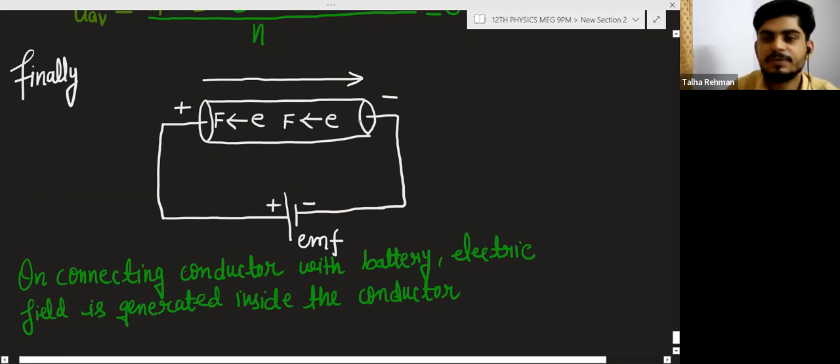The electric field will be generated from positive to negative terminal. Electric field is generated inside the conductor,